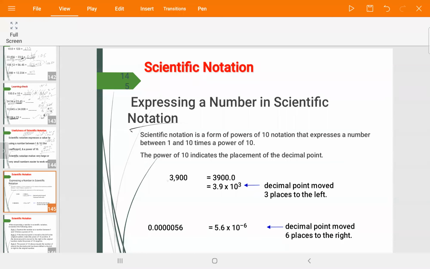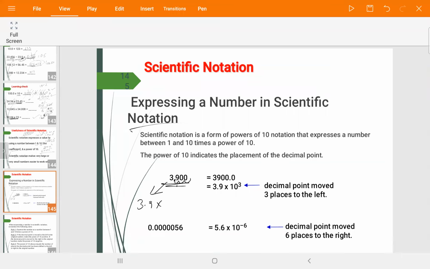So for example here, if I have 3900, now if I ask you to express this number in 3 significant figures or in 2 significant figures, for two significant figures we write 3.9 times 10 to the power. When we go to the right, the exponent will be positive when you go